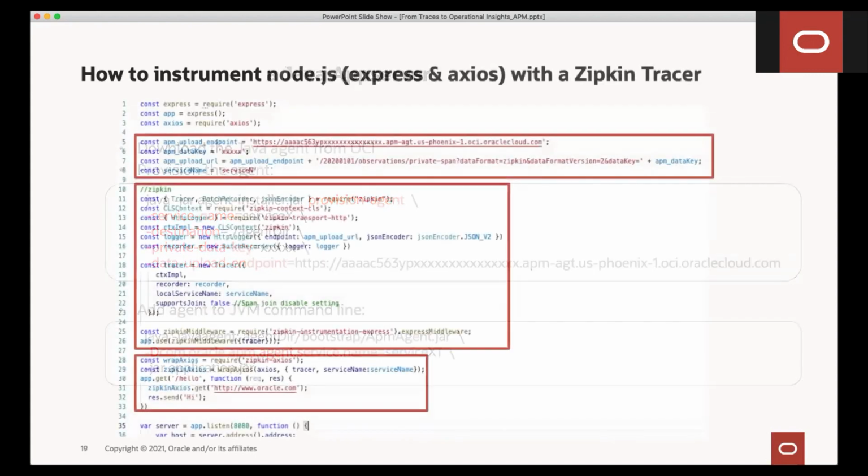The next item is how do we instrument things that are not Java, less common cases. In this case, Node.js. How would I go about instrumenting Node.js? And I'm using a Zipkin tracer here. So if you look up here,